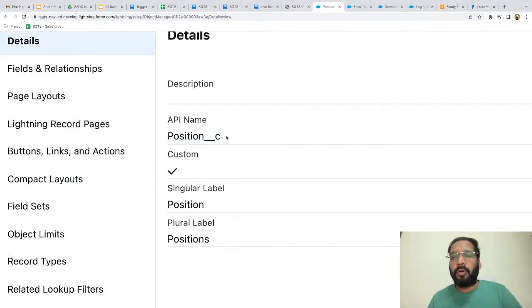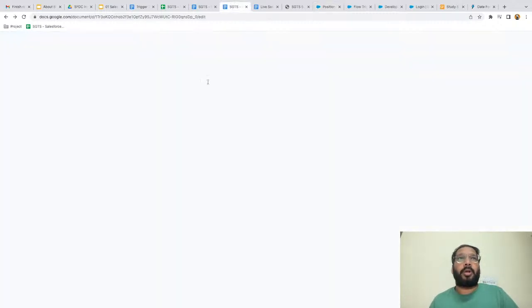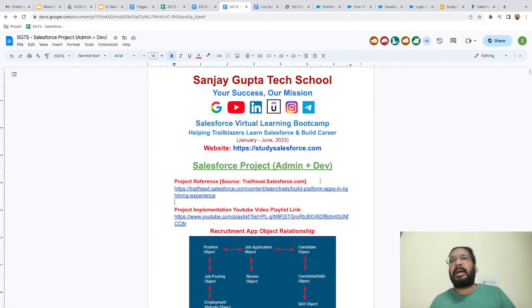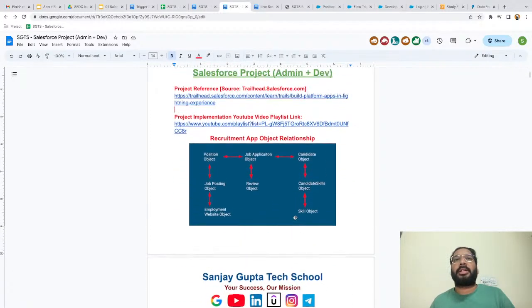So for those folks who didn't join the admin related sessions, they might be thinking, what is this position? So it is part of our project. We did a project which was related to admin. So those who just started development sessions and know admin, just go through this project and implement this